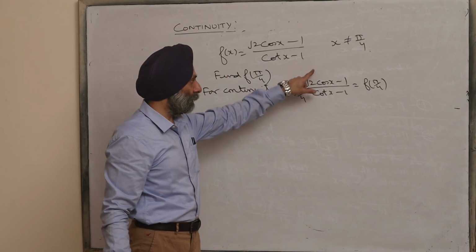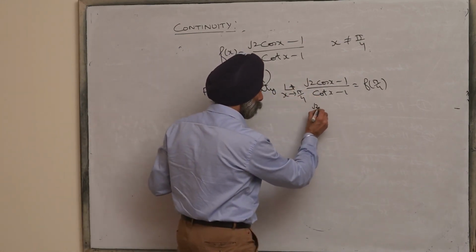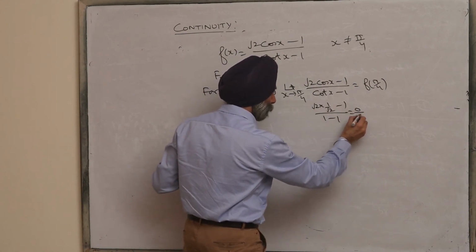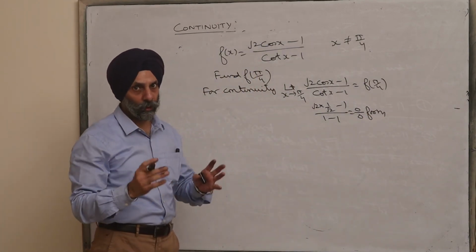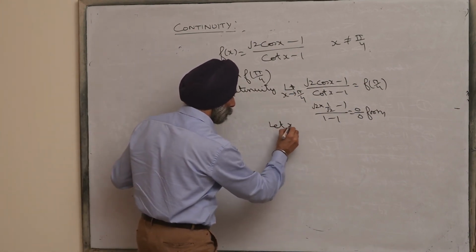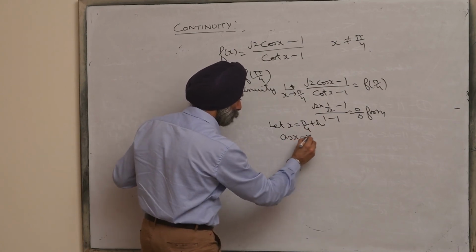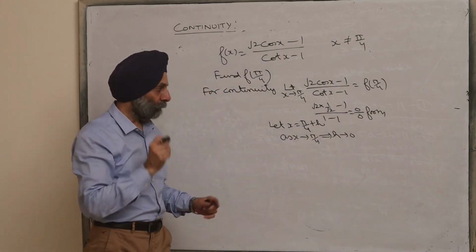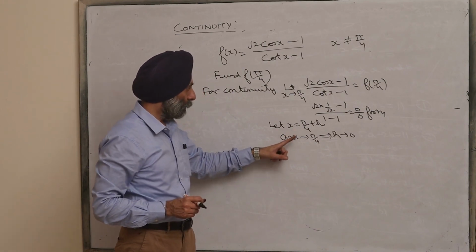If you straightaway apply the limit here, x approaches pi by 4, you can see that it is root 2 into 1 over root 2 minus 1 over 1 minus 1, which is the 0 by 0 form. To remove this form, since this is 0 by 0 form, let us take x equal to pi by 4 plus h. As x approaches pi by 4, can I say that h approaches 0? Because when you take x equal to pi by 4 here, as x approaches